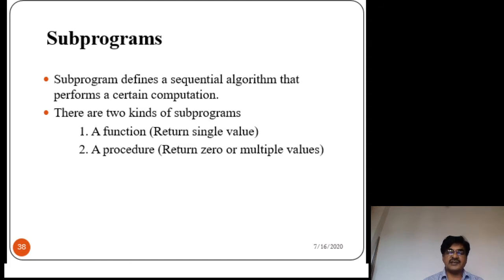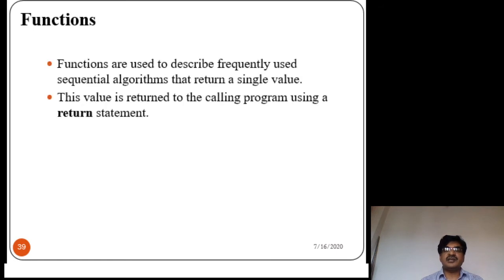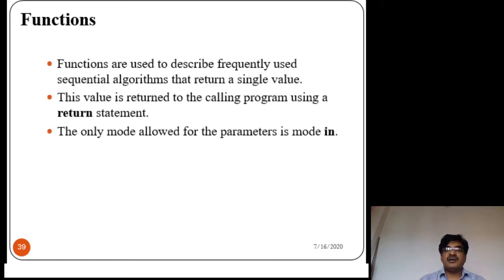Let us see the syntax and examples for functions and procedures. Coming to functions, a function returns only one value, by the return statement in the calling program.